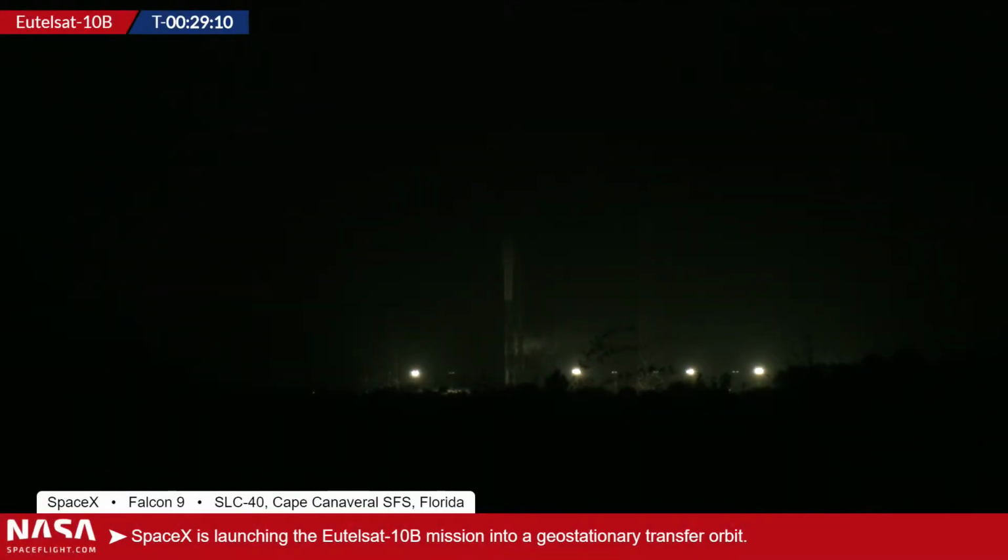Well, good evening, everyone. You're looking at a live view through a good bit of haze at Space Launch Complex 40 at Cape Canaveral Space Force Station. If you can make it out through the haze, we're looking at a Falcon 9 on the pad getting ready to lift off in just under 30 minutes. This Falcon 9 is going to be carrying Eutelsat-10B to geostationary transfer orbit, and we'll discuss a little bit more about what that all means later